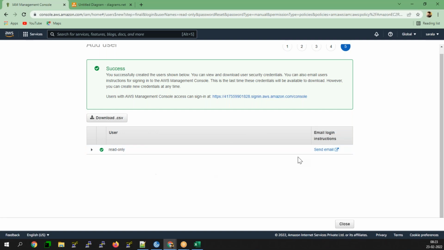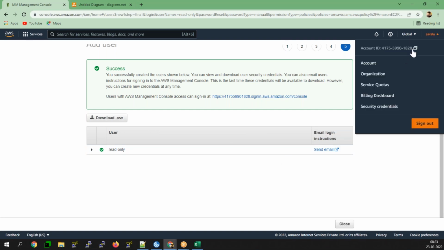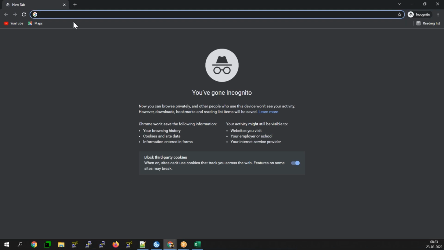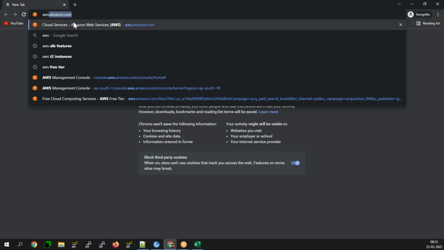As soon as you got this respective one, how to log in to this AWS console? Yes, you need to provide the link, or else you can directly use your respective AWS account name.